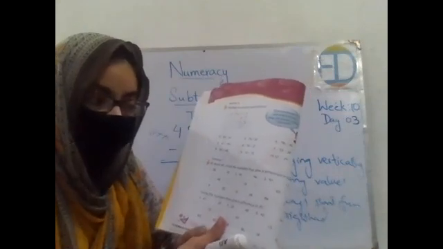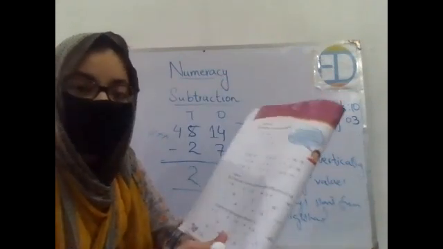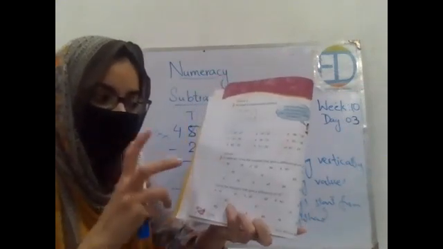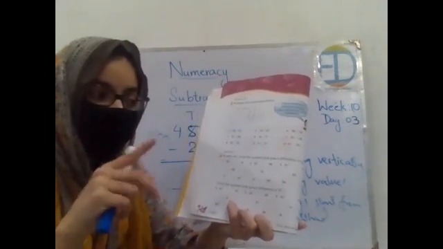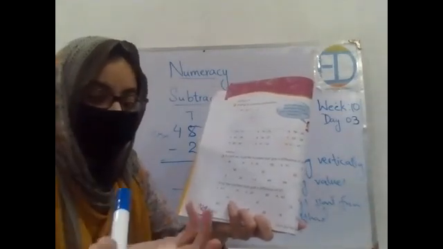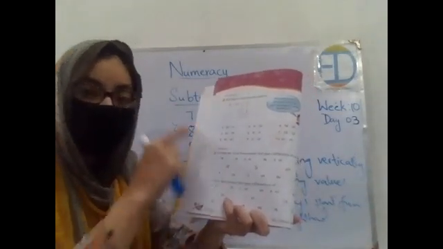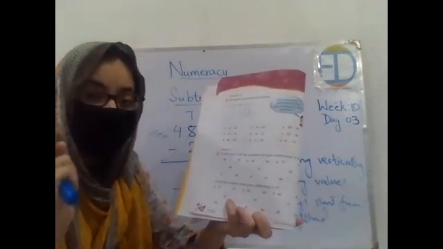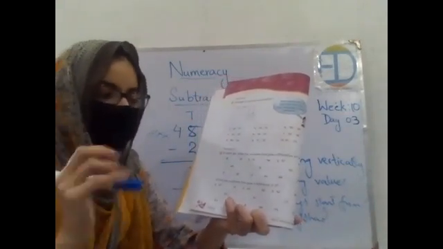This is a very interesting exercise. This says that in each set, circle the numbers that give a difference of 18. Okay. What you will be doing, you will circle the numbers that will give a difference of 18. So you will find the difference one by one, and then circle only those which will give you the difference of 18. Got it? Okay. So start.